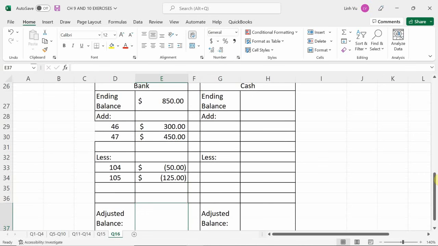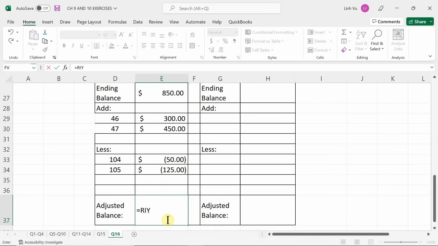If I started out in my bank account with $850, I'm pending on a $300 and a $450 deposit. So that's $750 I'm depositing in there. Okay? And I am also pending a $50 check to clear and a $125 check to clear. So in this case, what is my grand total account balance after adjusting these deposits and checks that I've written out? So in this case, right,